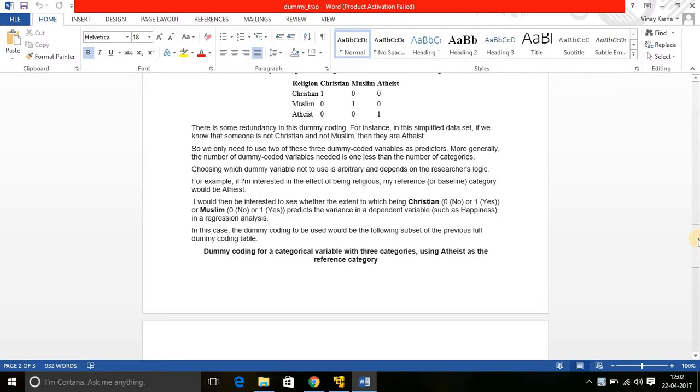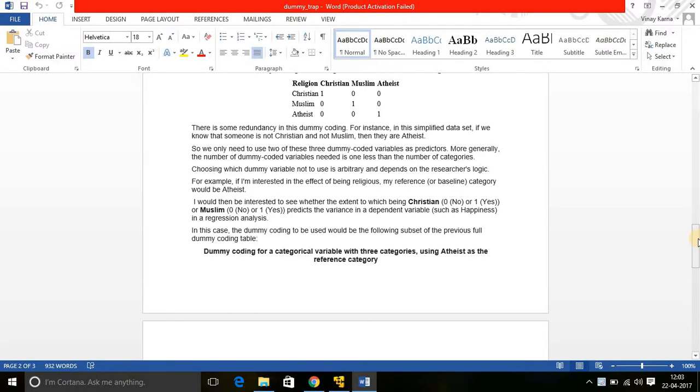Now, if you remember, if there are two categories like male and female, we generally convert it into one dummy variable, an indicator variable: if he is a male, then 1, if not 0. So why don't we create two dummy variables, a male dummy and a female dummy? In the male dummy we'll say if he's a male 1, if not 0. In the female dummy we'll say if she is a female 1, if not 0. We can do that too, right? But we only create one dummy variable. Why?